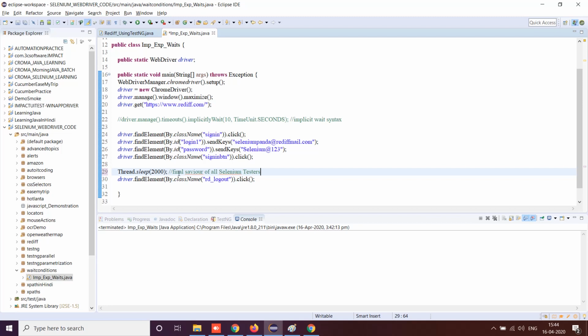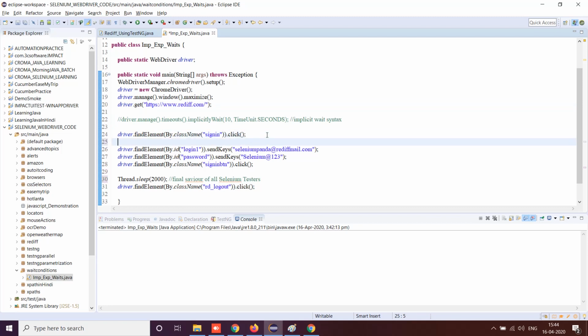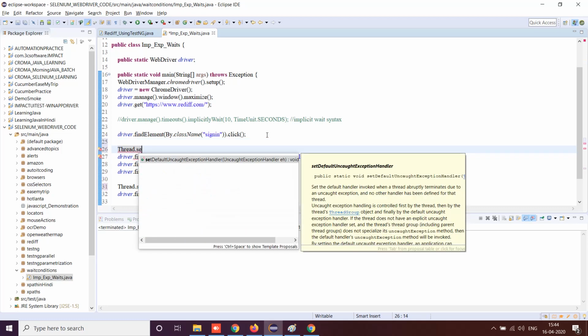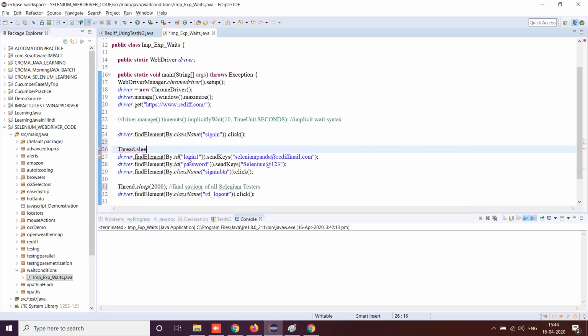Just for example, after you open rediff.com and click on sign in, the next page that opens doesn't show up that fast. So you will apply some thread.sleep, let's say thread.sleep 2000 here.